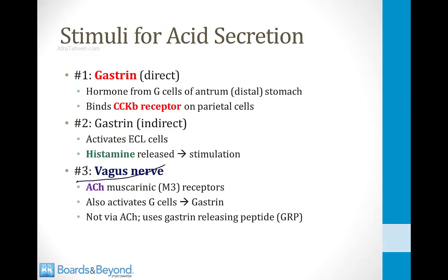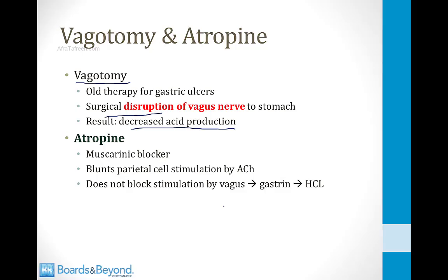If you cut the vagus nerve, you cut this mechanism of stimulating acid production, so there's no acetylcholine release onto the parietal cells, and there's no activation of the G cells and gastrin production. Therefore, you decrease the amount of acid in the stomach. Now luckily we don't have to do that anymore because we have drugs that do this, but if you meet people who were alive in the 1940s, 50s, and 60s, they probably know people who had a vagotomy in order